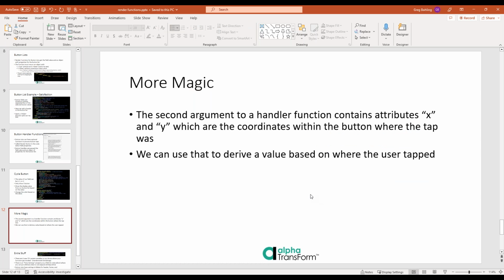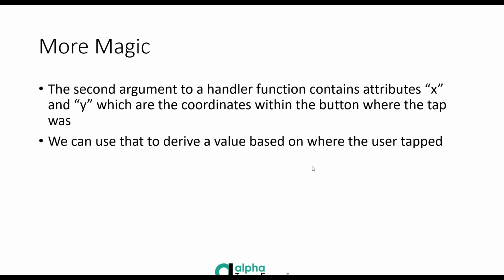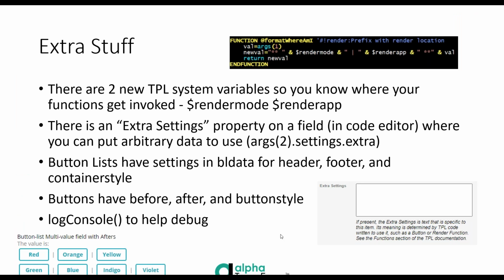And then just to close everything up, just to mention some of the last bits of miscellany. There are 2 new TPL system variables that are coming to tell you where things are actually running. So there's a render mode and a render app. So my example up here just adds to the front of whatever the value is a string that says here's where we're rendering and what app. So this will say like filler, and it'll say web filler, or it'll say management console, or so you